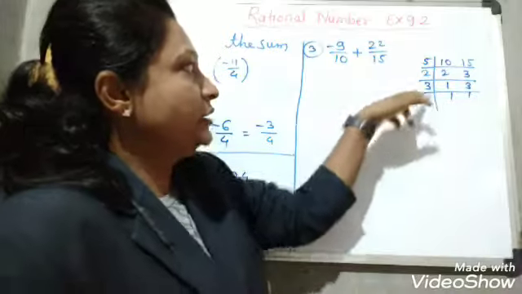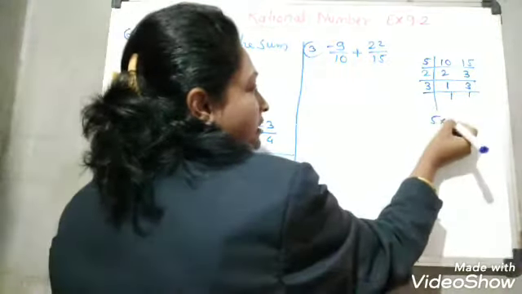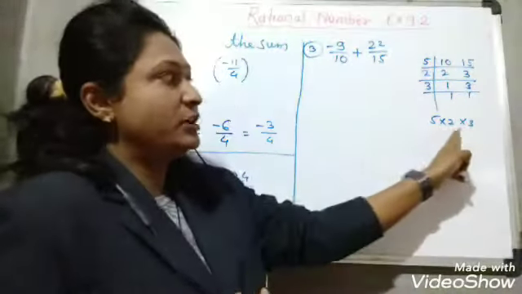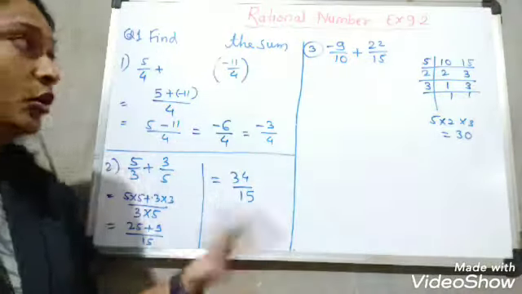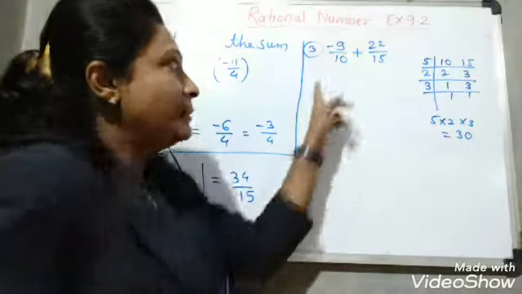So what will you get? 5, 2, 3. These are the factors, and when we multiply these, see 5 2s are 10, 10 3s are 30, which means you will get LCM 30. So how will you find it by the LCM method? See, यहाँ पे हमें क्या करना है?